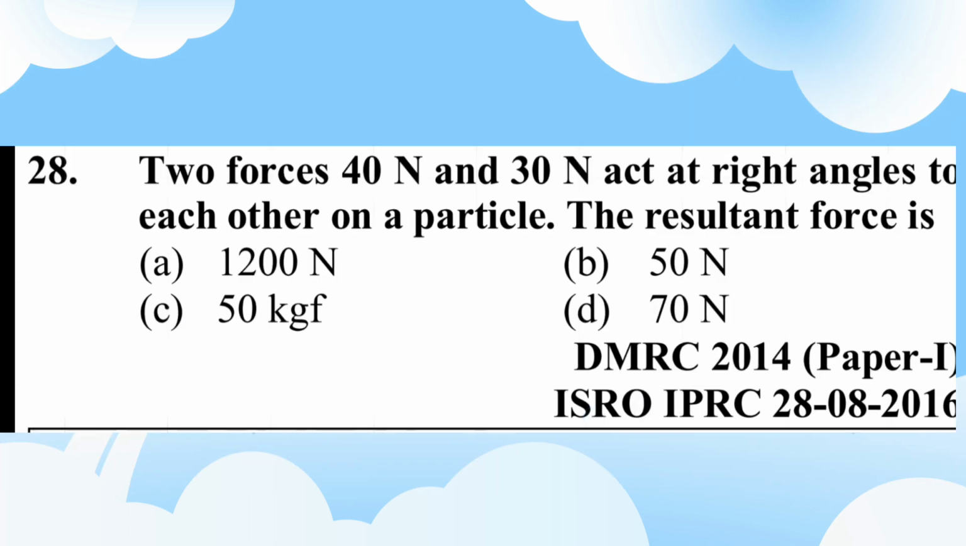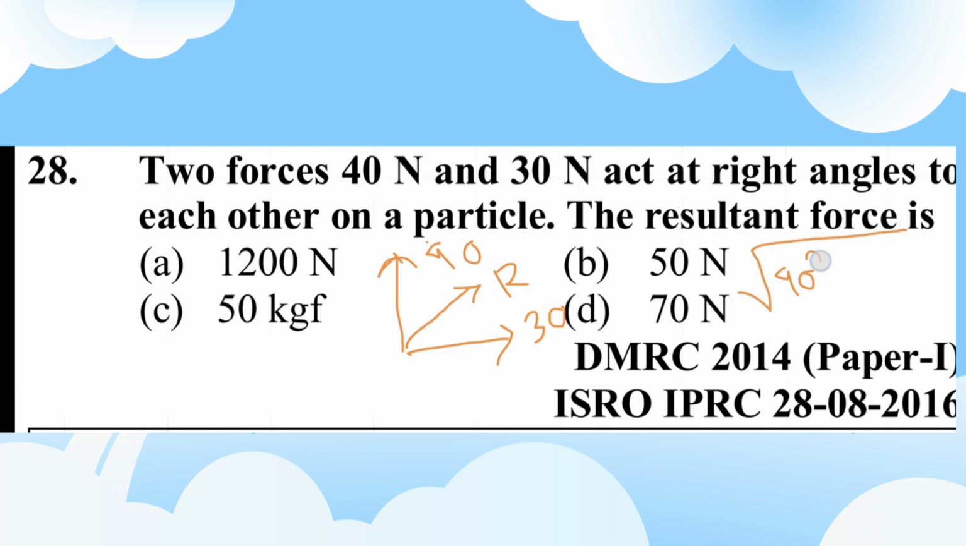Friends, question number 28. Two forces, 40 Newton and 30 Newton, act at a right angle to each other on a particle. The resultant force? At a right angle, two forces act, 40 Newton and 30 Newton. This is the 40 Newton, the 30 Newton, at a right angle to each other. The resultant force, this is the R resultant. Okay, so the resultant R equal to